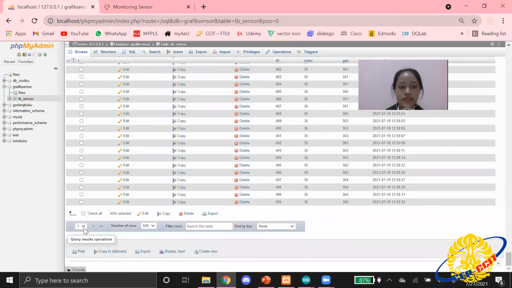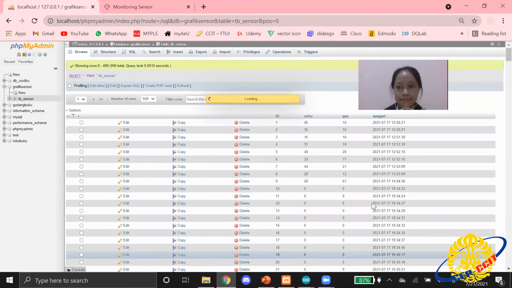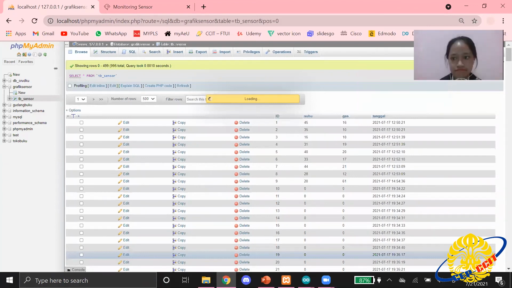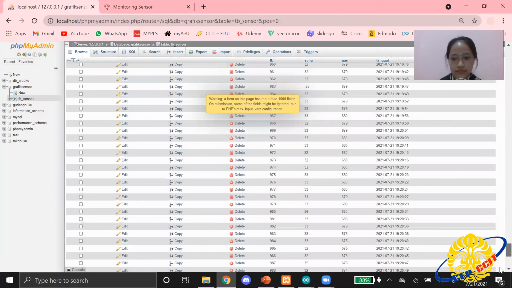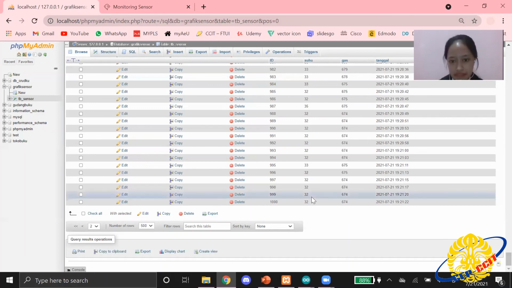So we can see the second page. The latest data is 21st of July and 7 p.m. It's really the exact time. So you can see it here, the change